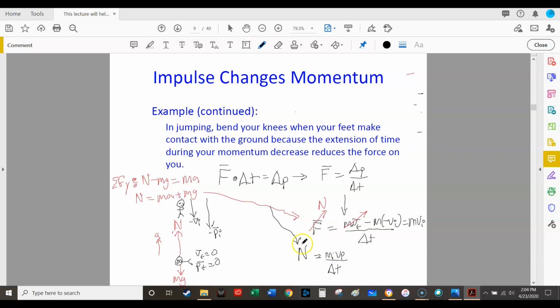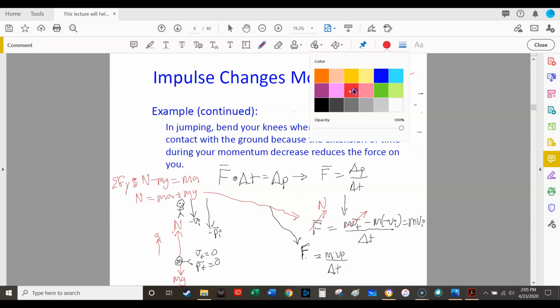That force, which we determined is actually just the normal force, is equal to mass times acceleration, which is mass times gravity, and which is equal to the change of momentum, which is mass times initial velocity over a period of time, right? So if you fall and land stiff-legged, and here's the point of this, I'm finally getting to the point,